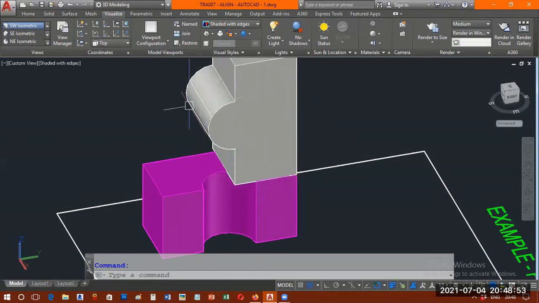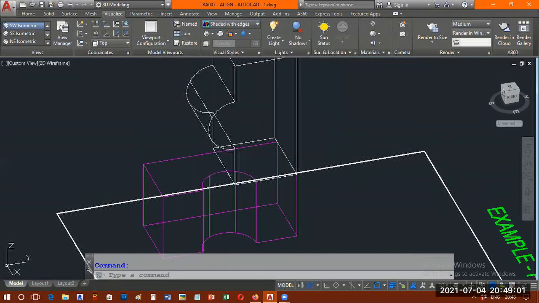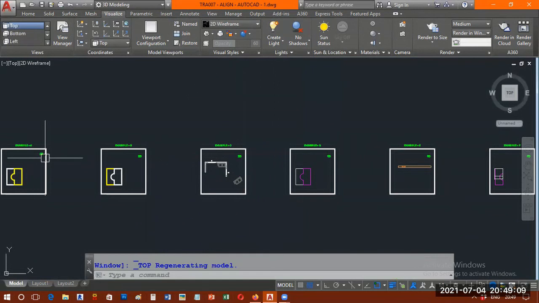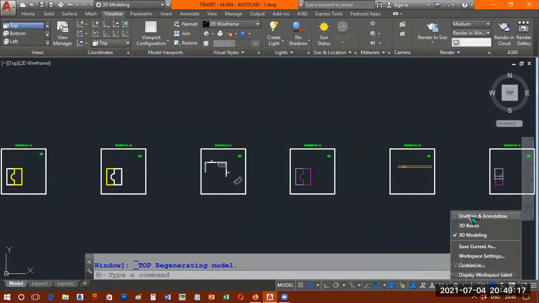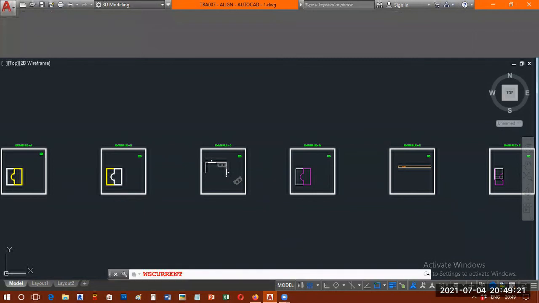Okay. Now I'd like to quickly go back to 2D model. That is, straight away I'll go to here. Let me remove the shades and all. I'll go to wireframe. Then I'll move here. In the visualize tab only we are doing. All I'm doing in visualize tab. I will go back to top view. Everything is perfect. Now the tab source seems to be in the 3D model. Let me come back to 2D. That is, click on workspace switching, go back to drafting and annotation here. If I click that, all will get reset back into the 2D platform.